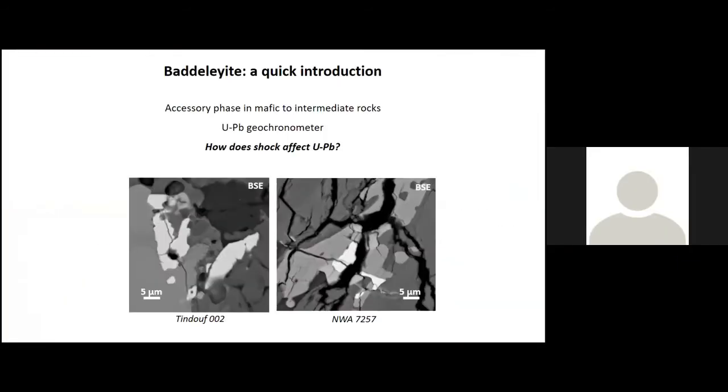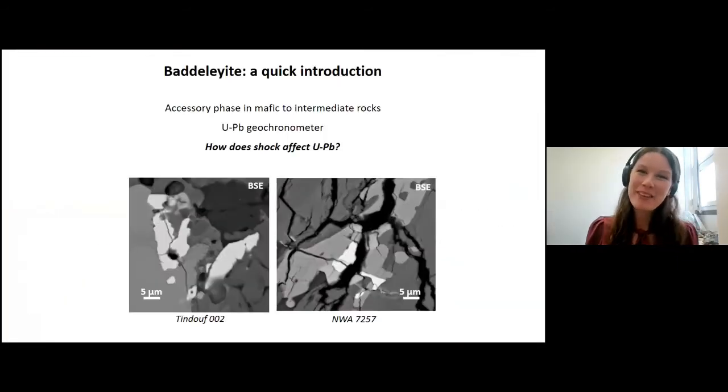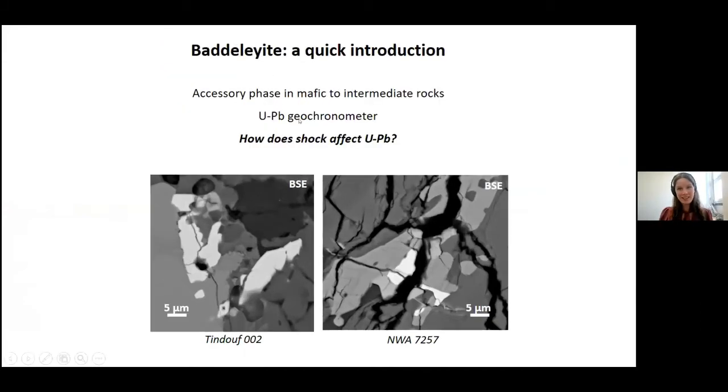So, a little bit of baddeleyite 101. Baddeleyite, or monoclinic zirconia, is an accessory phase typically within mafic and intermediate lithologies. As such, it's quite a widespread phase within planetary materials. And like its silica-saturated cousin zircon, it's an ideal uranium-lead chronometer. It takes in uranium but largely excludes lead during its crystallization, making it a really good target for in